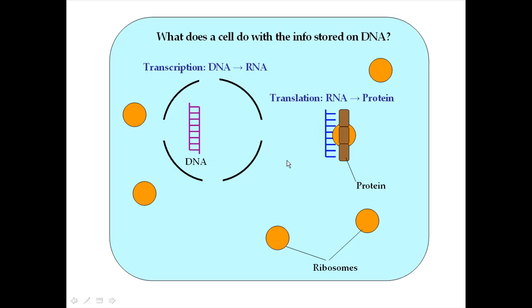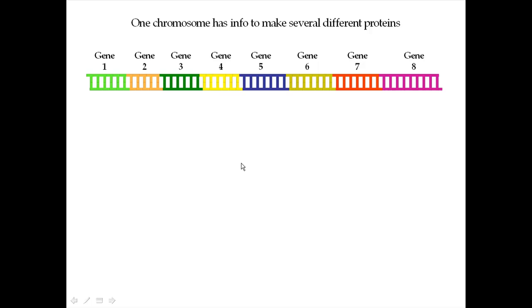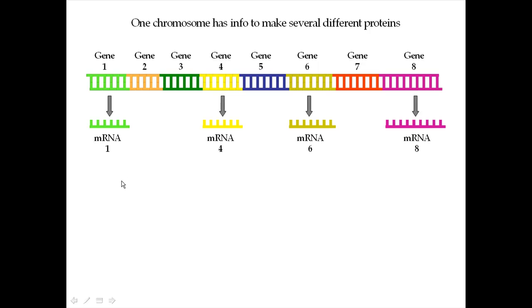One thing to note before we look at the details of transcription, another big picture concept, is that if you consider a chromosome, again, chromosomes are made of DNA. If you consider a chromosome inside of a cell, each chromosome actually has hundreds of genes on there. And so this means that each chromosome can be transcribed many different times, right? Because it has many different genes. So each chromosome has the information to make several different types of messenger RNAs. And it's each messenger RNA then that goes to the ribosome in order to be read in order to make